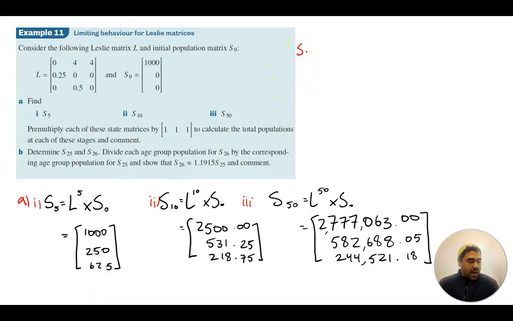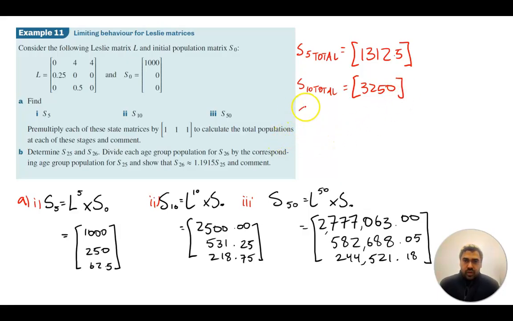So the S5 total, this is pre-multiplied by 1 1 1. Obviously you can do this manually, but to have your calculator do this process, especially if you can store these ones, just makes it easier. So we've got S5 total to be that, S10 total to be 3250, and the last total for S50 is going to equal 360